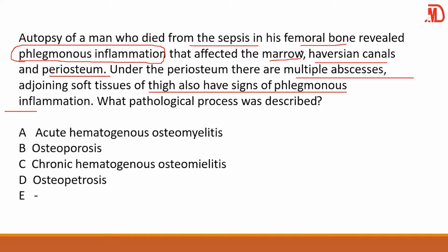Now, in adults, osteomyelitis is usually subacute or chronic. Acute develops within weeks after the disease onset, and for chronic, it takes months before it ensues. So over here, we are definitely thinking of